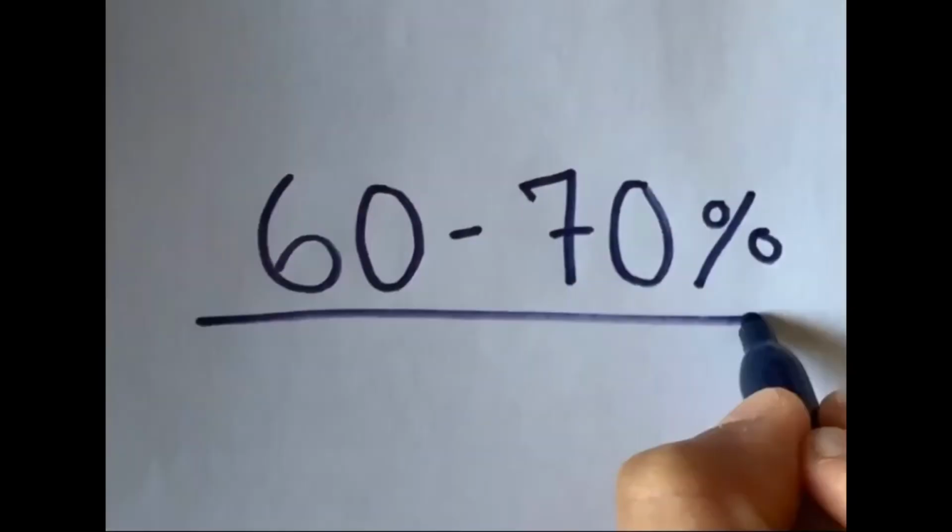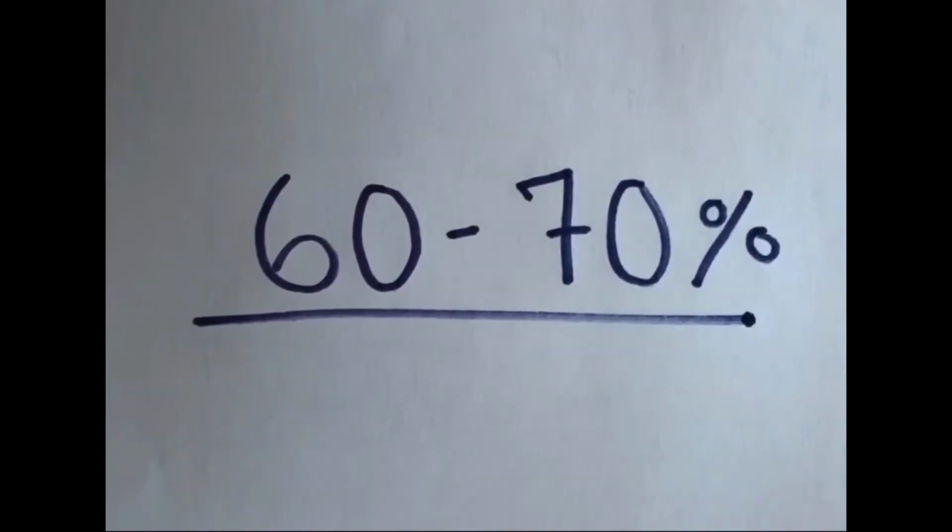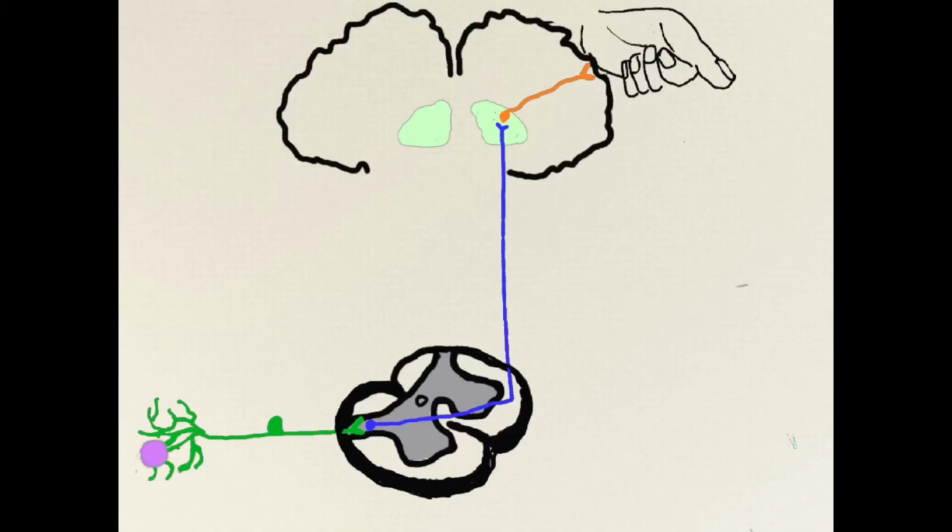Did you know that 60 to 70% of amputees still feel pain in their severed limb? Ow! This condition is called phantom pain, and can be a really big problem. Can we figure out why phantom pain happens? Researchers are still not sure, but we know it has something to do with the way information is processed in